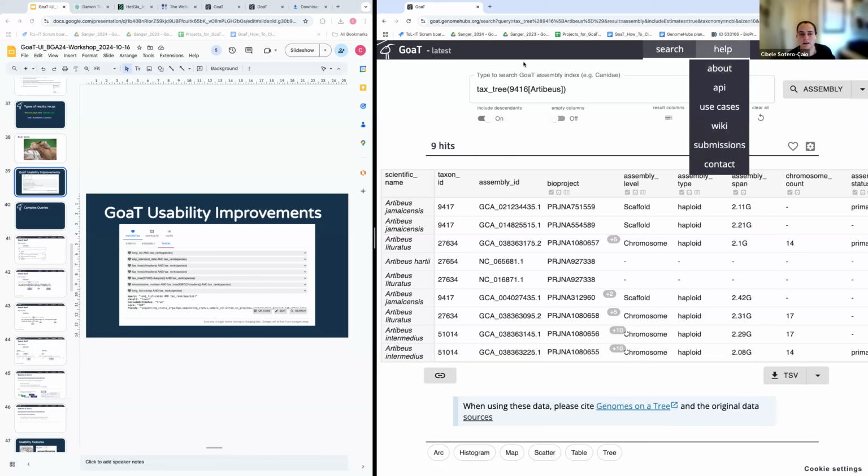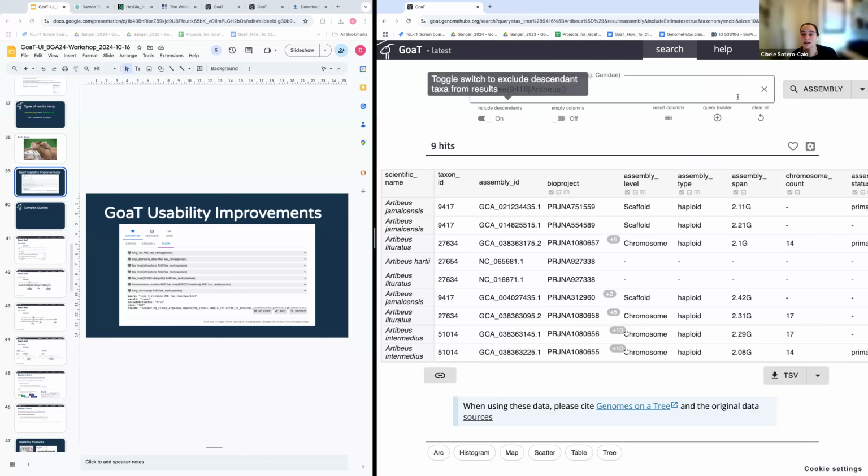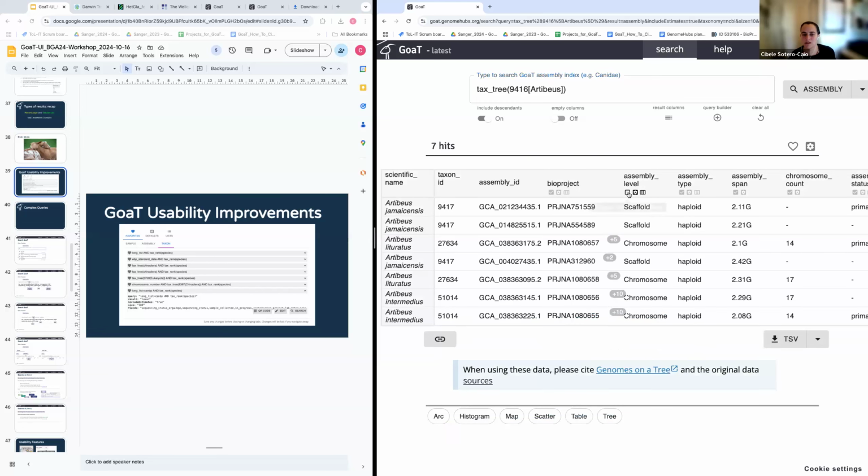I have 9 hits, and you can see that in the assembly, there are no estimates, right? We only have the species because we have proper accessions. I don't care about scaffold. So usually the way that we do is, so assembly level here, see that we have some weird stuff. I think this is the organelle data. So you can just say remove the missing values. So anything that has an assembly level, it's a genome assembly, right? So a reference genome assembly.